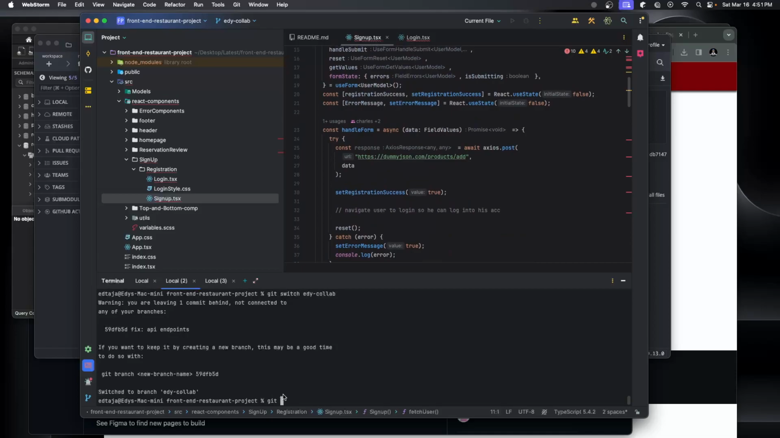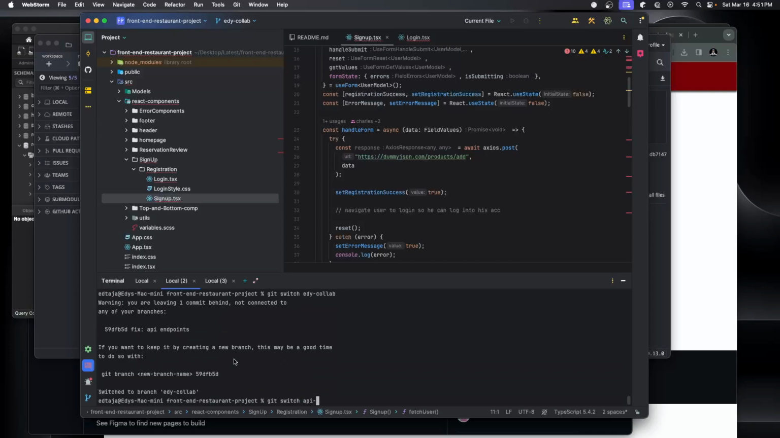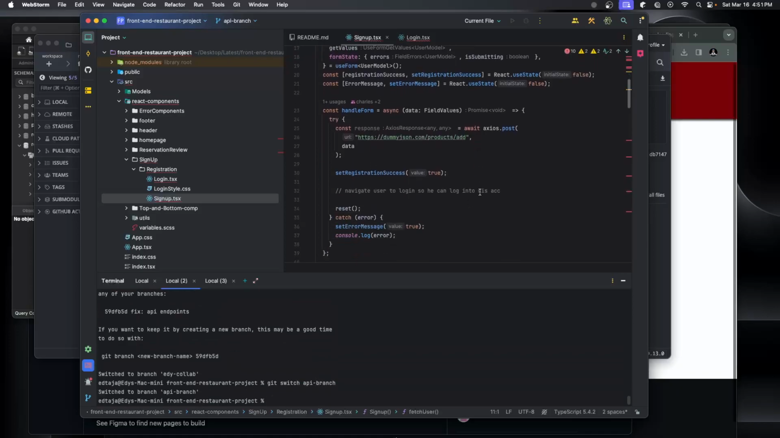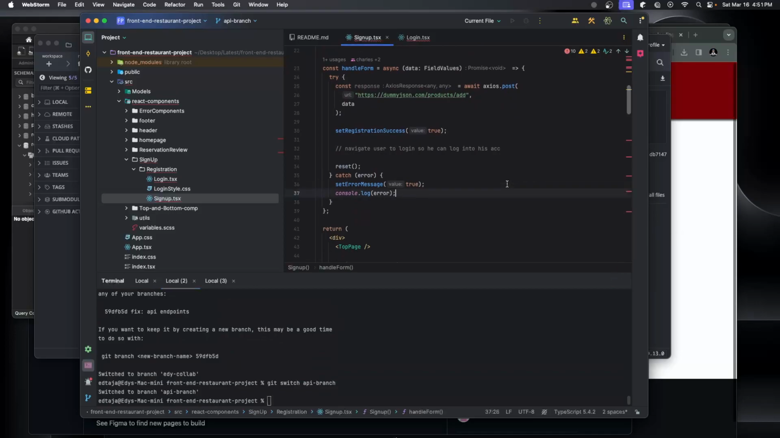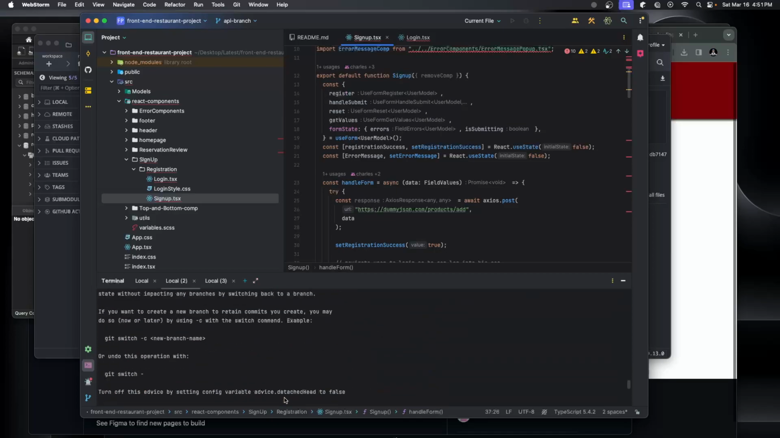What I would do is create a new branch from the main. I would name it something like Eddie, just a temporary branch. I would just create a new branch. Okay, and where are you at the moment? Okay, so you've created a new branch, and then